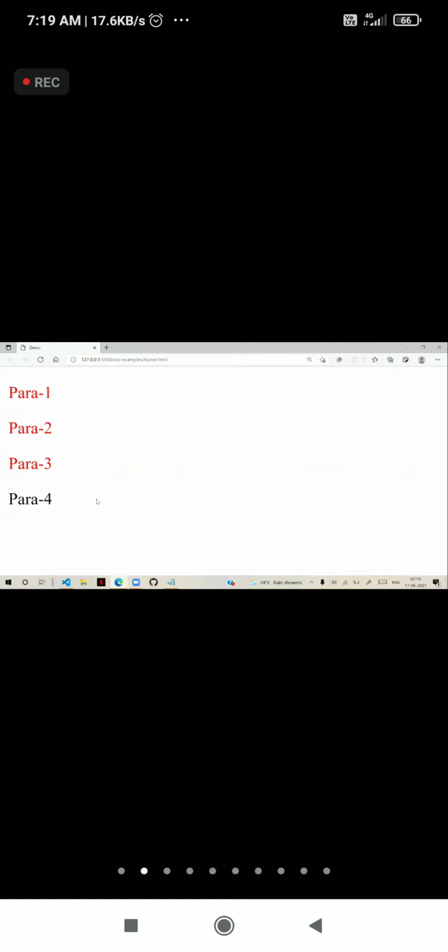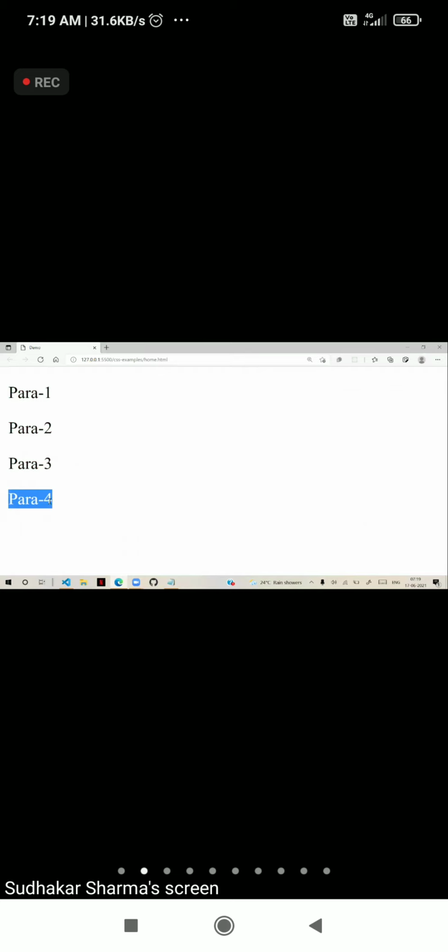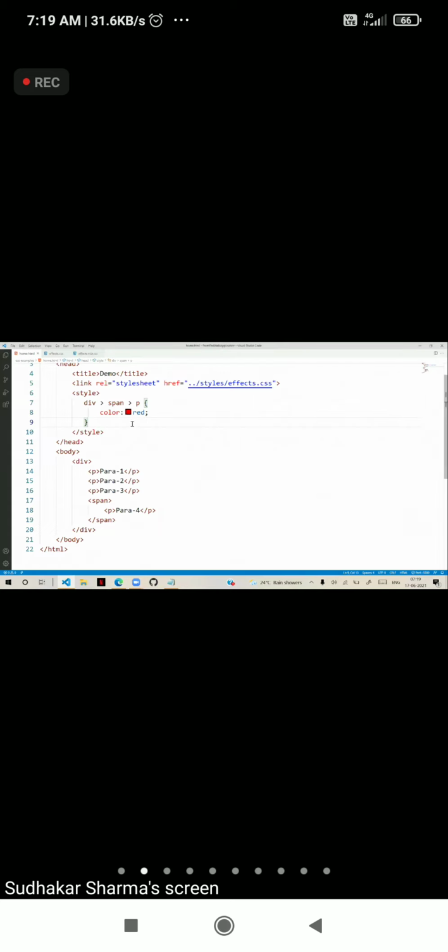Actually, if the child is present at a multi-level hierarchy, you can write multi-level also, right? Suppose I am writing like div, in that span, in that span, paragraph. That means it will apply only to the fourth one. Now suppose we also have para 5 in the same span.